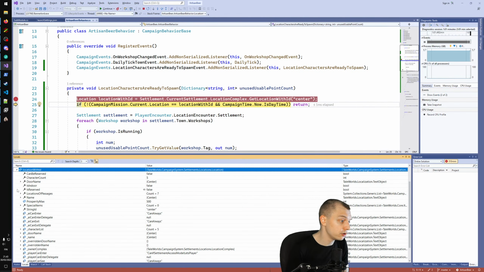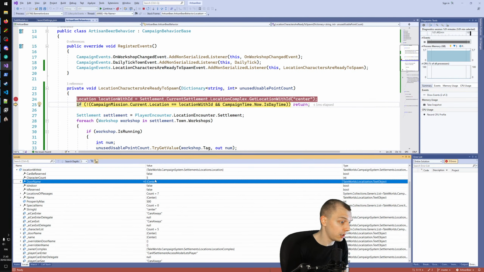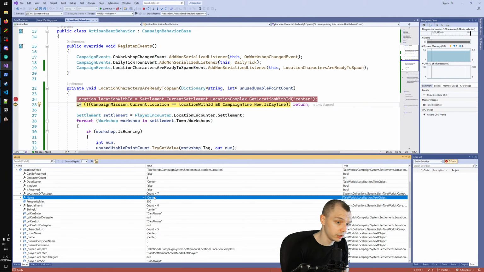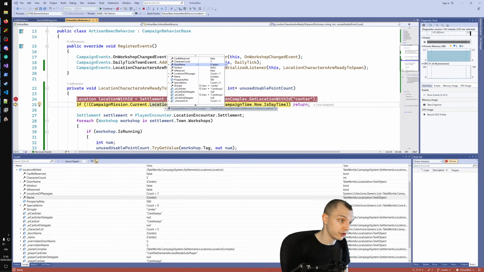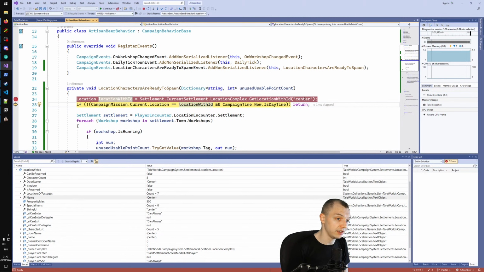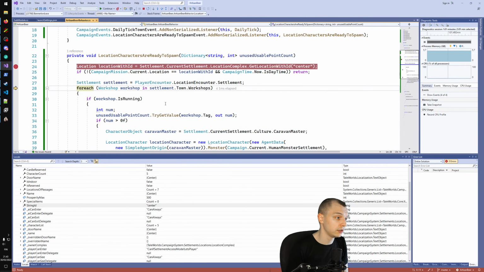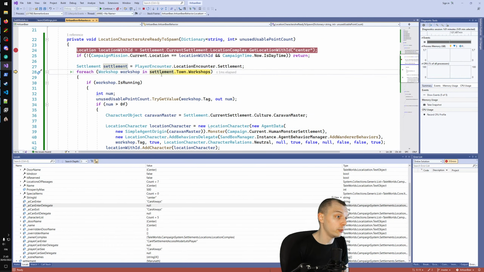The location with ID is the center. So the center is the town center, right? So that is exactly what we were looking at. Oh, well, actually, the campaign mission current location is also the center, and we are comparing that with the center we got here. So yeah, that's right. And this condition passes, and then we go through the workshops,